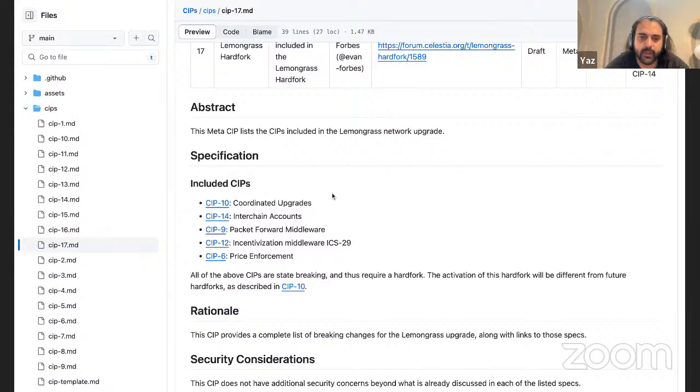Maybe Evan, you can kick it off. I think there's some kind of discussion about CIP. Yeah, there haven't really been any real changes since the last core devs call. So the lemongrass hard fork is blocked on getting the rest of the CIPs finalized.